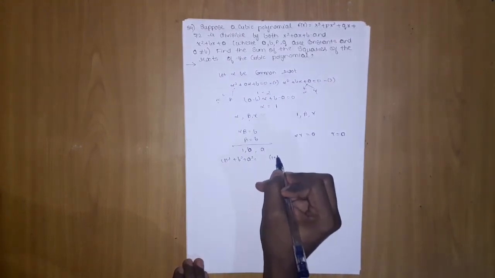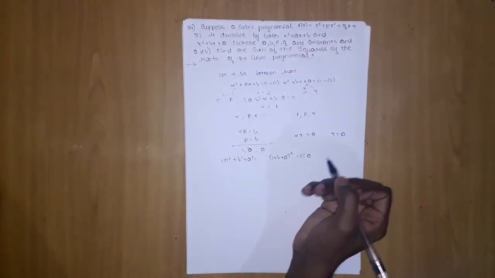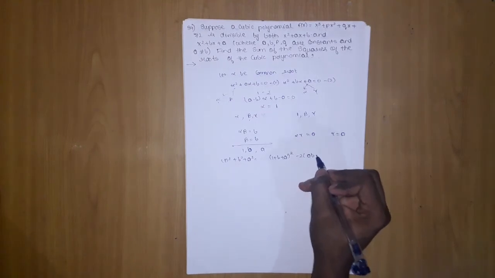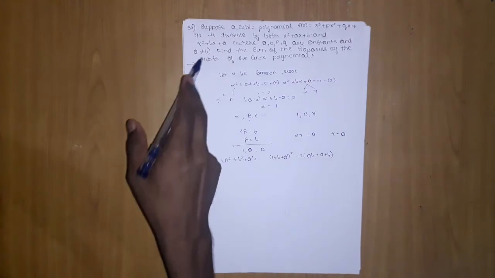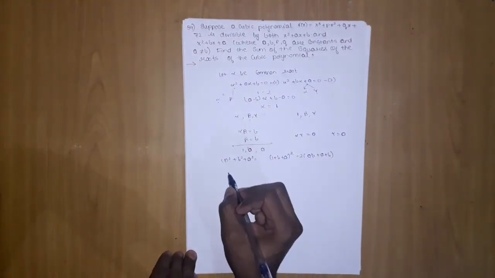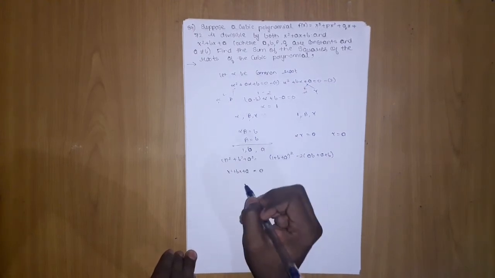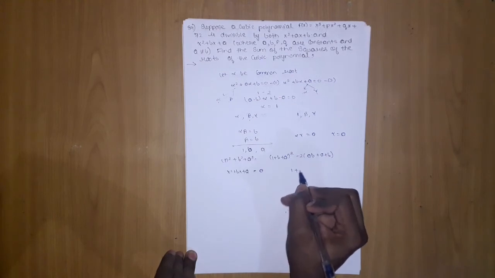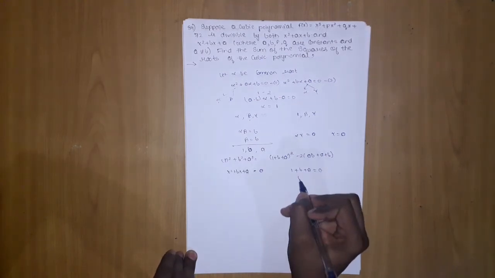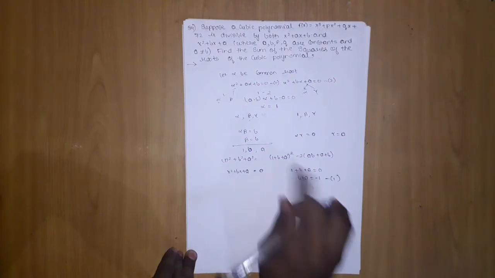What it will be: 1 plus b plus a, the whole square, minus 2 into ab, plus a plus b. Now if 1 is a root of this equation, x square plus bx plus a, it should be equal to 0 at x equals 1. So whenever I place 1, 1 plus b plus a should be equal to 0, so b plus a should be equal to minus 1. So we got this value of b plus a, which was our problem.